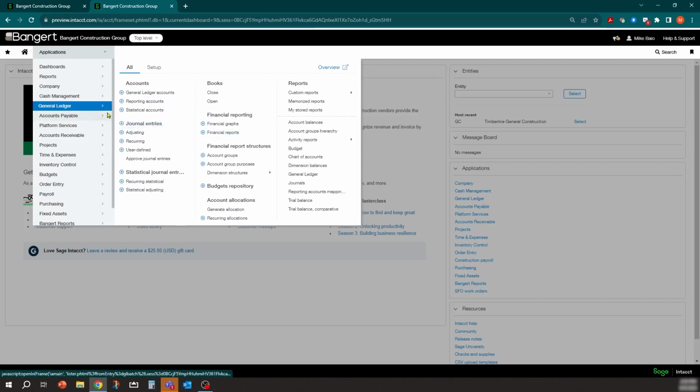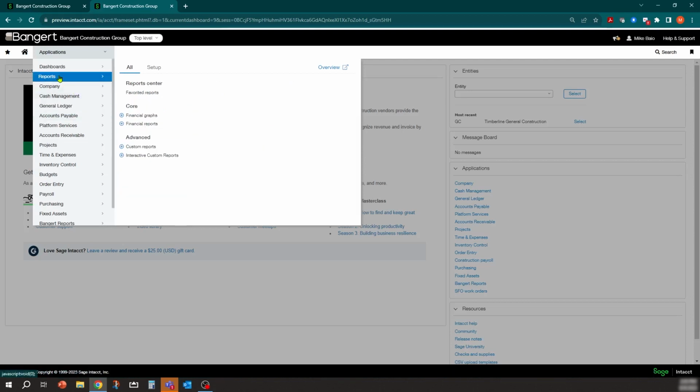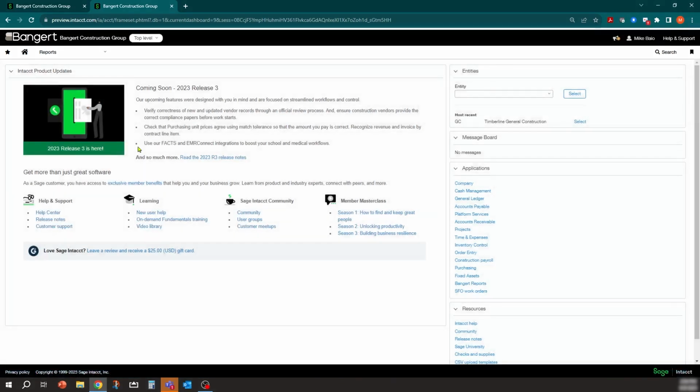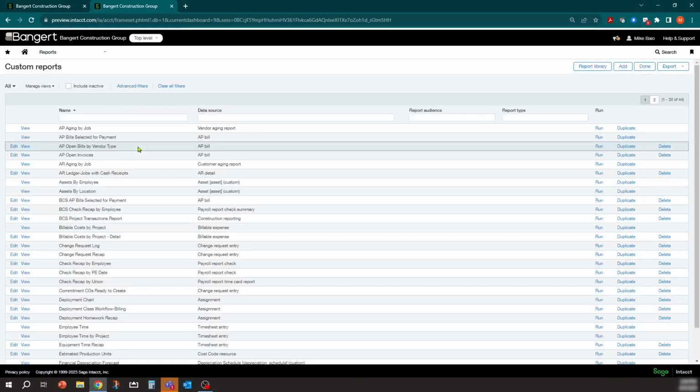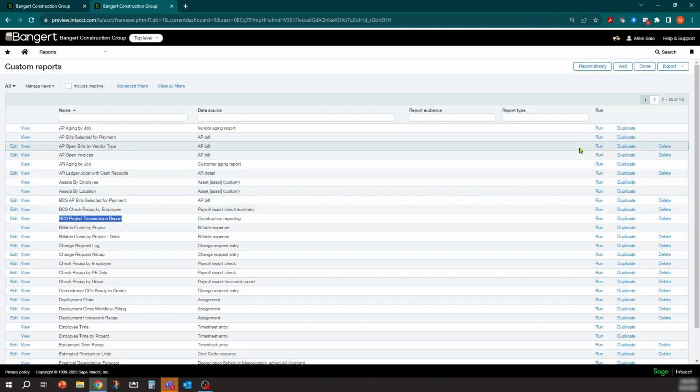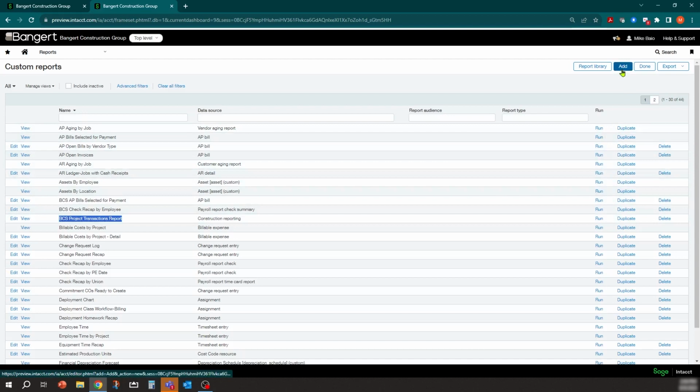So what we'll do here is go into reports, and we're ultimately going to end up over in the ICRW, the Interactive Custom Reports area. But I'm going to show you the data in the custom report wizard because it shows a little simpler and more visual for you to see what we're talking about. Now, for time purposes, I did create one already called Project Transactions Report. We'll jump into there ultimately, but right now I'm going to create one from scratch.